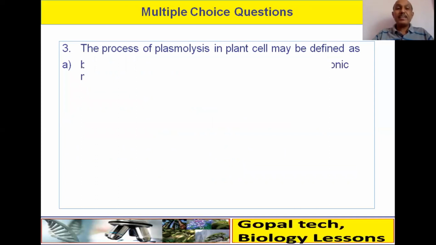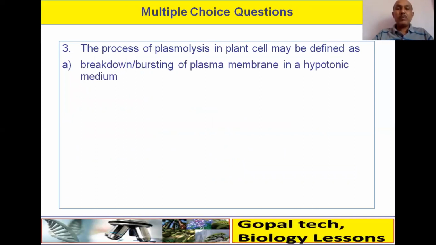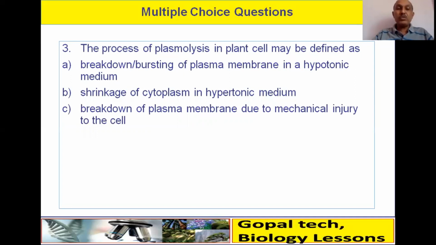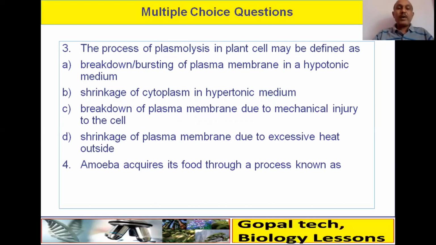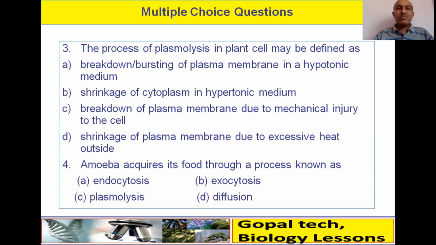थर्ड, द प्रोसेस ऑफ प्लाज्मोलाइसिस इन प्लांट सेल में बी डिफाइंड एज ब्रेकडाउन या ब्रस्टिंग ऑफ प्लाज्मा मेम्ब्रेन इन हाइपोटोनिक मीडियम, श्रिंकेज ऑफ साइटोप्लाज्मा इन हाइपरटोनिक मीडियम, breakdown of plasma membrane due to mechanical injury to the cell, shrinkage of plasma membrane due to excessive heat outside. Okay, think. Amoeba acquires its food through a process known as endocytosis, exocytosis, plasmolysis है या diffusion है। Again pause करो वीडियो, write your answer, then check. तो थर्ड का क्या है, shrinkage of cytoplasma in hypertonic medium, इधर क्या है, एंडोसाइटोसिस।